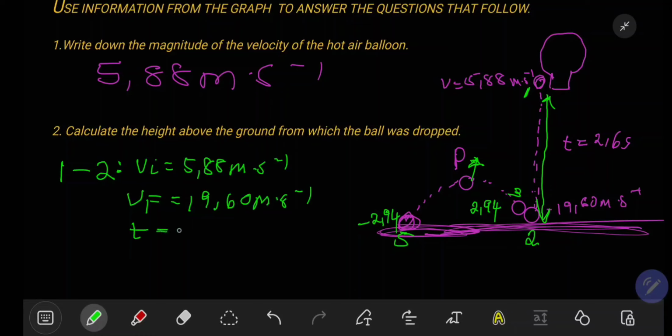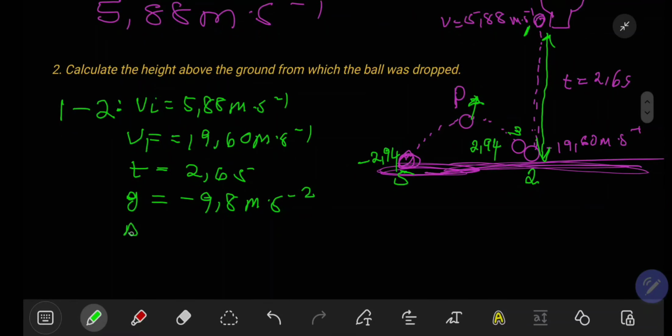We have time there, which is 2.6 seconds. Our gravitational acceleration, we know that it's negative 9.8 meters per second squared. We are looking for the displacement. Then we can use